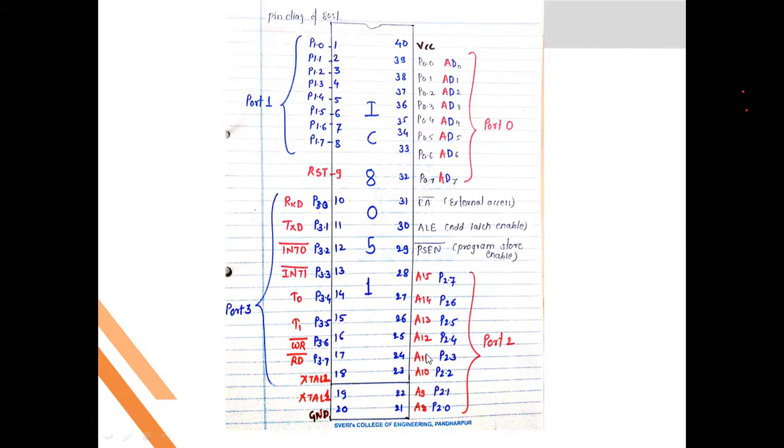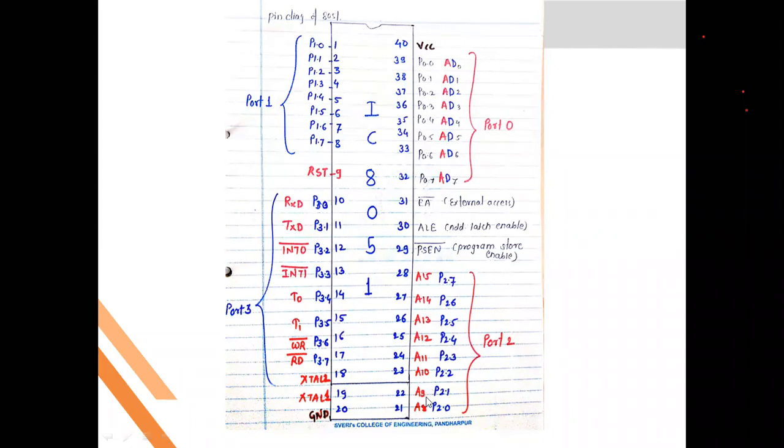Now see here, this is port 2, this is port 1. Port 1 contains 8 pins. These pins are used to give input to the microprocessor as well as output from the microprocessor. Now this is port 2. Again these port 2 pins, 8 pins are there. These pins are used for multi-purpose. What is the first purpose? To carry IO pins, the input and output data. What is the second use of this port? To carry the higher order address. Now see here, the sequence is not from top to bottom.